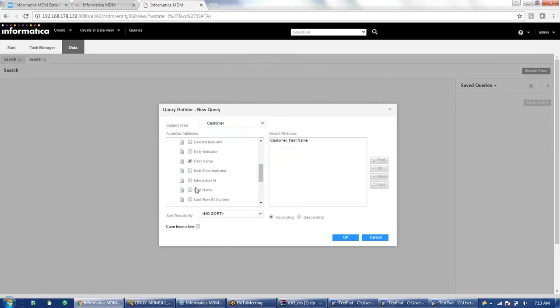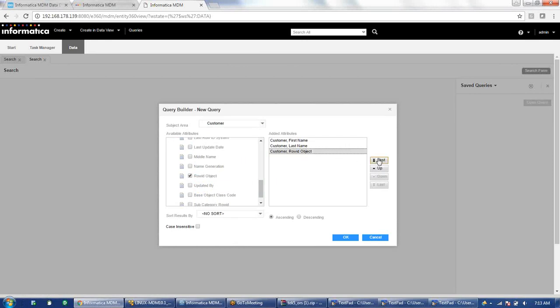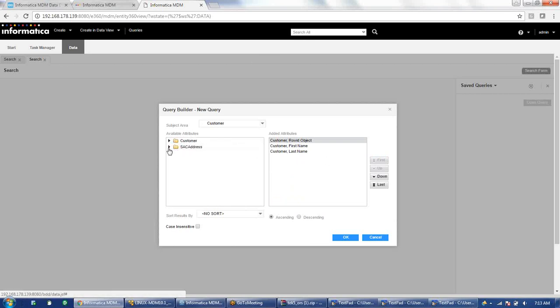We can select a couple of things like first name, last name. This basically business will tell. Business will tell us that I want to do a search based on what columns. I want to search customer based on, for example, first name and last name, or I want to search based on address and city, something like that.